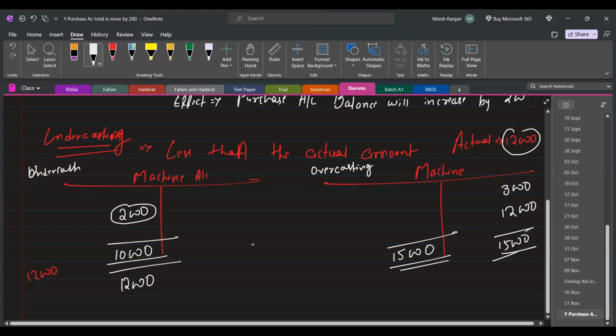So this is called posting. When we transfer our journal entry to the ledger, it is called posting. So at the time of posting, there are different types of errors, like when we are writing the name of the account,